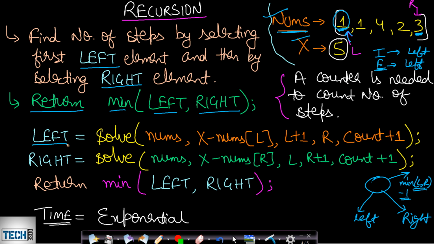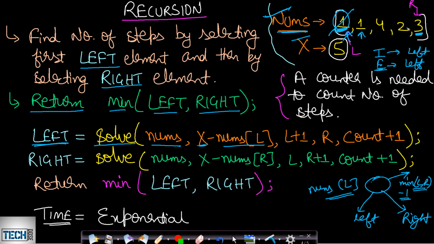So we will make the left call and we will save its return value in this variable left. So I will write a recursion function which is named solve. Now we are given this nums array which is this array. Okay, and since we are selecting the left element which is nothing but nums at L, since we are selecting this element, our x value will be reduced by the element value which we are selecting. Okay, and now since this is selected, this will be removed from our array and our array size will reduce, so our left pointer will get updated by one value.